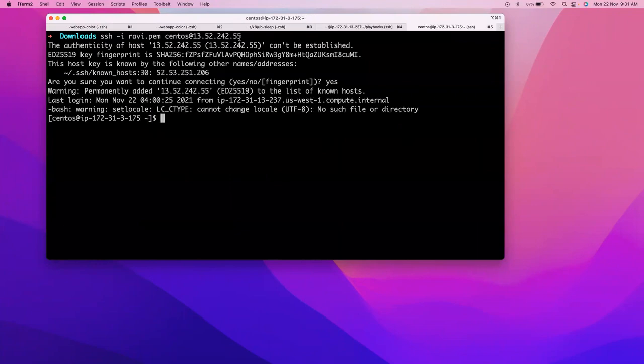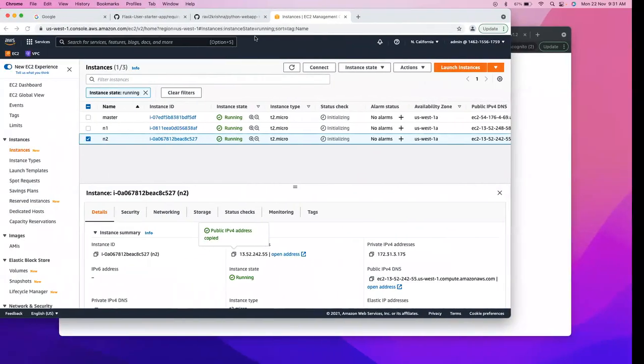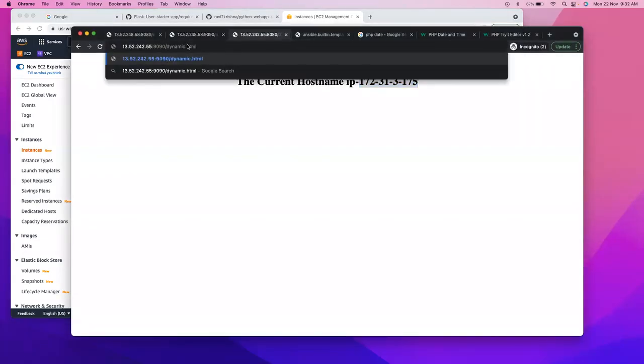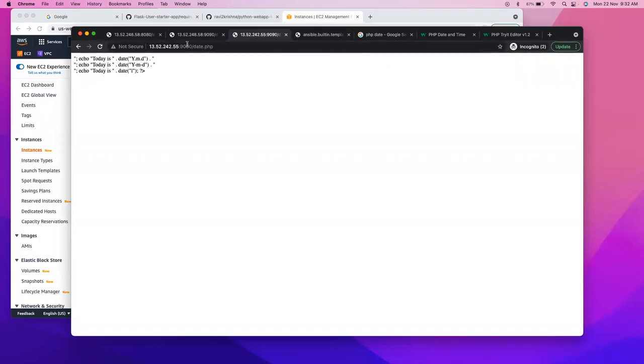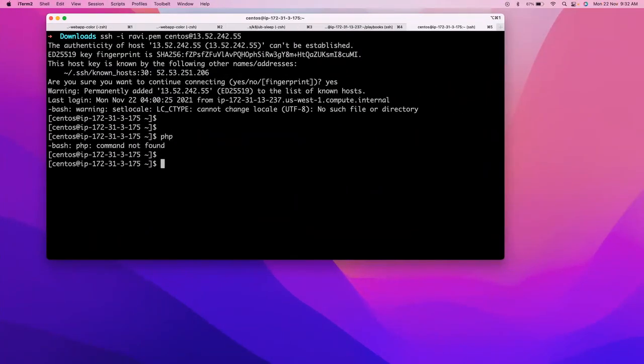It is 242.255. This one. So if I say 9090 slash date.php, it shows the same thing. Here, why it is not working is there is no PHP, but we are sure that the content is there. Right? Okay. Now what I'll do, sudo